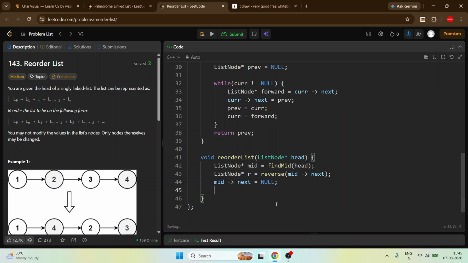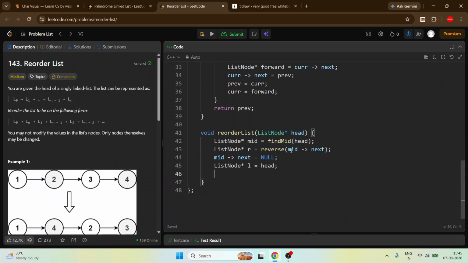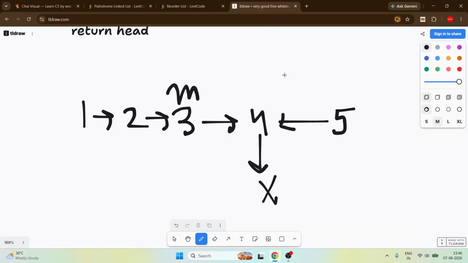Now take a list node, which is nothing but L, which is nothing but head. So we just take our head here. So while R, until any element in the reverse is possible. Why? Because simple, we need to ensure our list. Okay, so if somehow